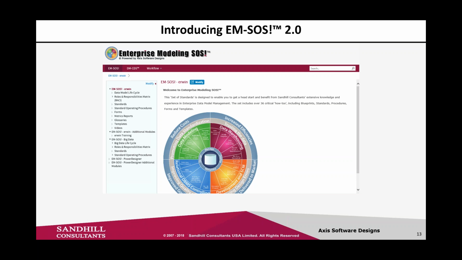Let me make it clear that we're not selling a methodology here. What we wanted to do was give you everything that was written from a point of view of reusability, structure, ongoing changes, and so forth, everything that we know that modeling environment brings to us. So our motto here is always that it's easier to edit and delete than it is to create something from a blank page. So our concept here is to write everything out with really robust standards, procedures, guidelines, and so forth, so that it's very easy for somebody to say, okay, I can now tailor this to my specific environment. So that's kind of what we're starting with here. Next slide, please.